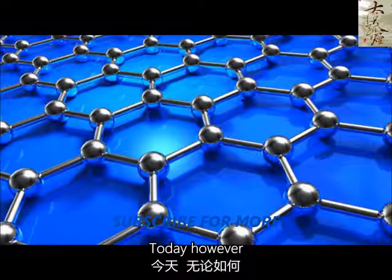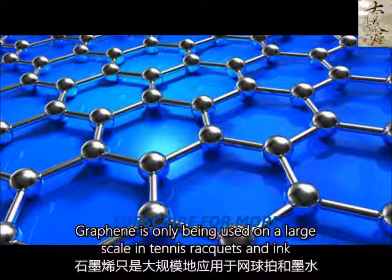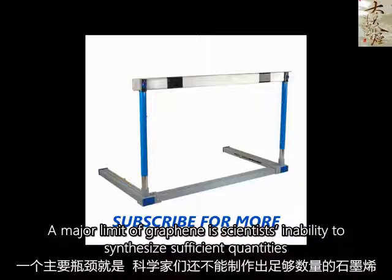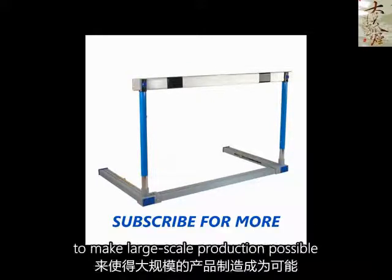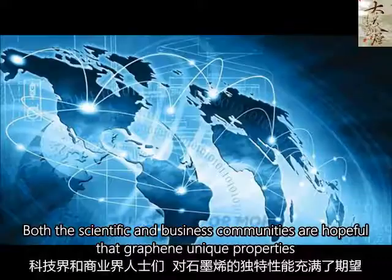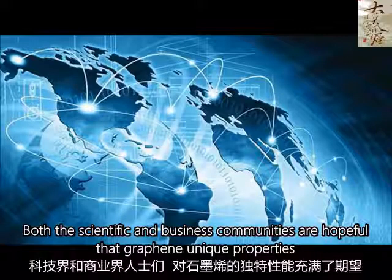To date, however, graphene is only being used on a large scale in tennis rackets and ink. A major limit of graphene is scientists' inability to synthesize sufficient quantities to make large-scale production possible. While developers continue to work away at this hurdle, both the scientific and business community are hopeful that graphene's unique